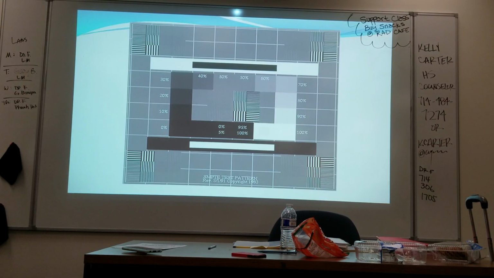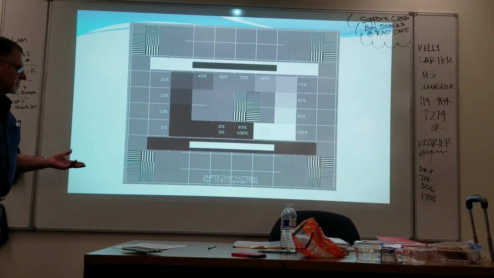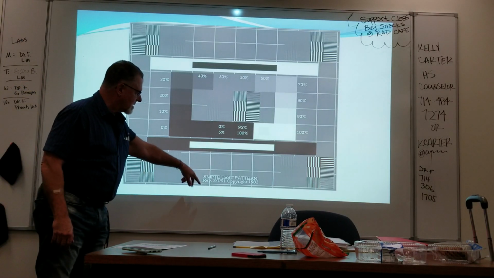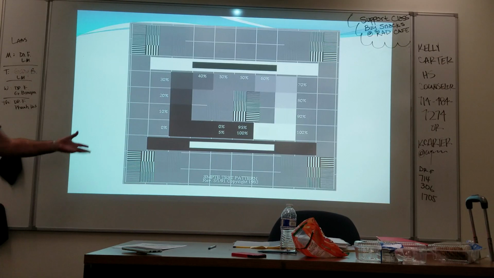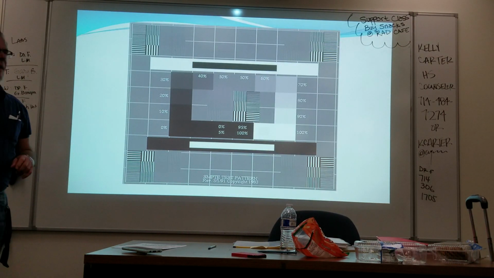This is an important test pattern. For the digital world, the display of contrast that matches what your eye can perceive is extremely important. Radiologists are the ultimate judge of that. So the Society of Motion Picture Technologists and Engineers came up with a pattern that was used and is still used in television and movies and everything else. Even though it's back in 1983, this pattern is still the standard by which